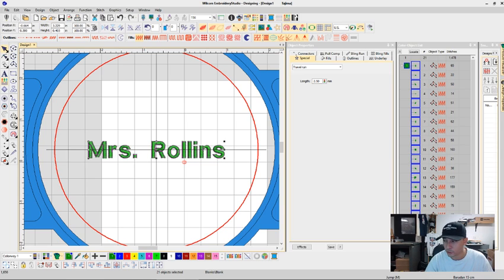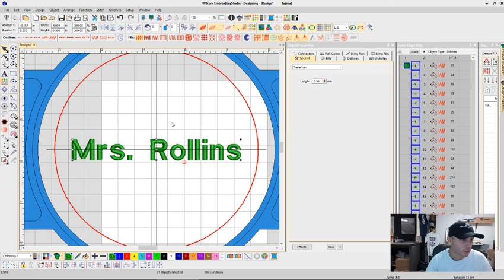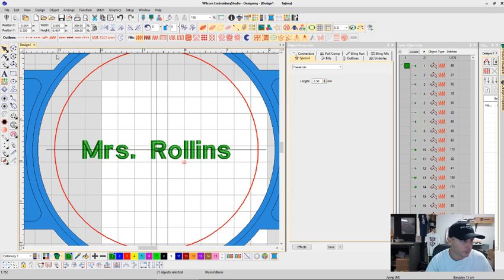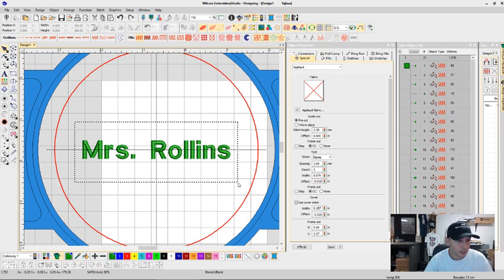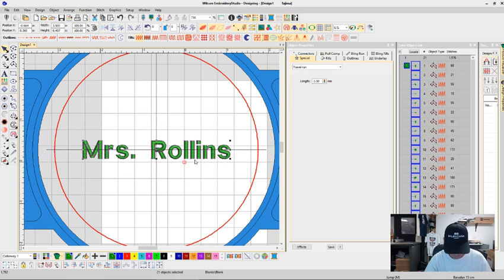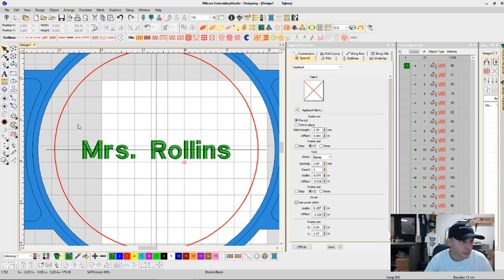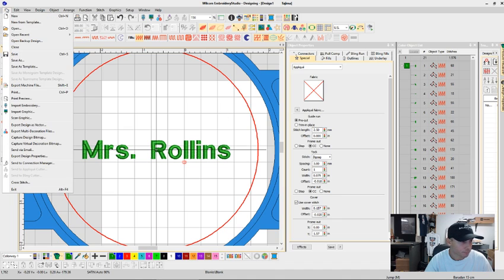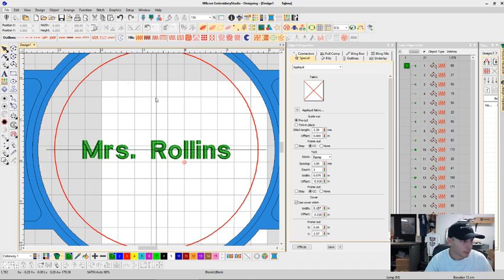And we just want to make sure that we have the right dimensions. It should be 3.5 by 0.5 in height. So I'm just going to go ahead and adjust that. Let's do 3.5 in width by 0.43 in height. That's pretty close. If I adjust the height to 0.5, it's going to adjust the width to 4 inches, which is much larger than I want. So, okay. Now after I'm done, I'm going to go ahead and save this,